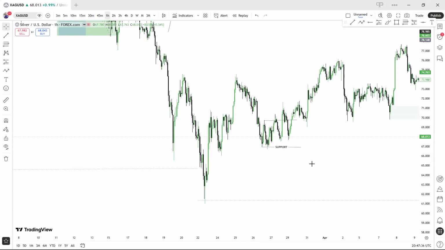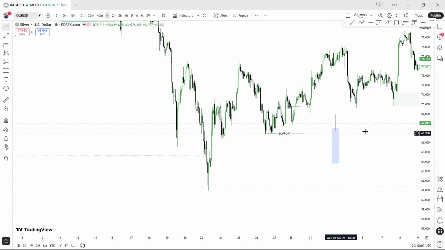This is what they call a wick. I hope you know what a wick is. Let's say this is the candle body. Those lines you see on the candle body are called wicks. Wick, wicks. My network is bad. Wicks generally. But what you need to understand now is if it took out the support or resistance with just a wick,